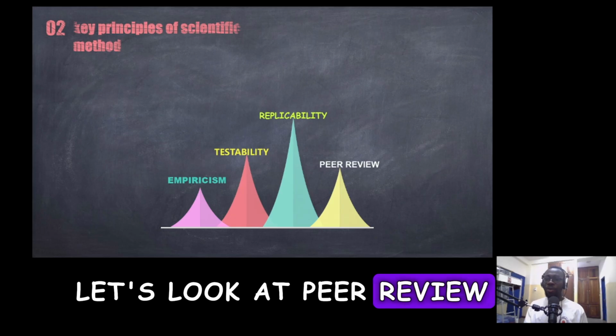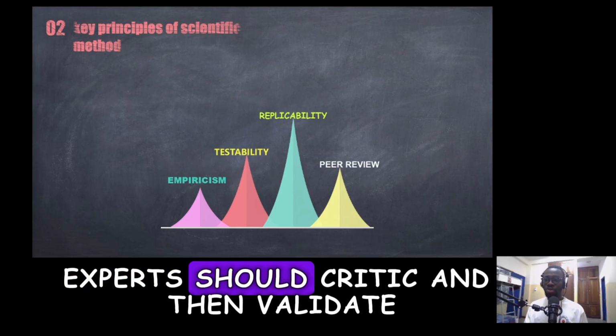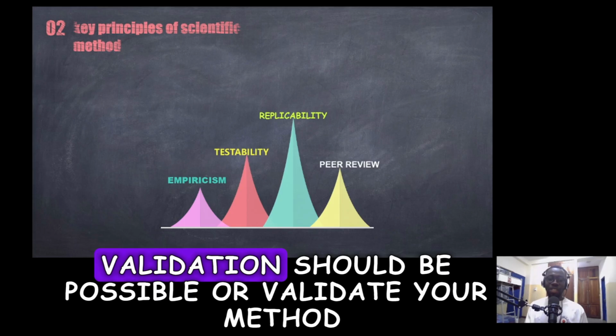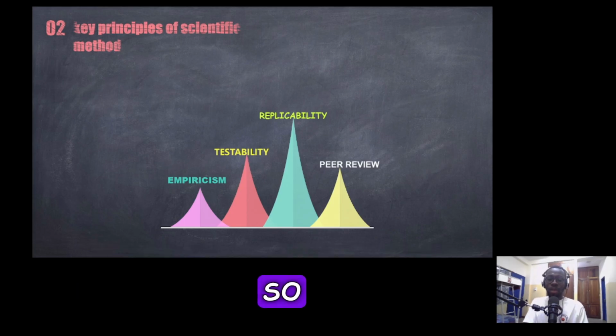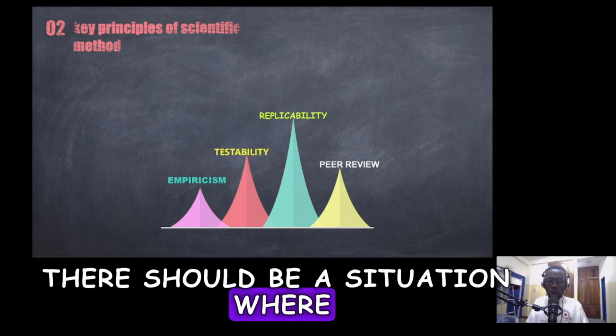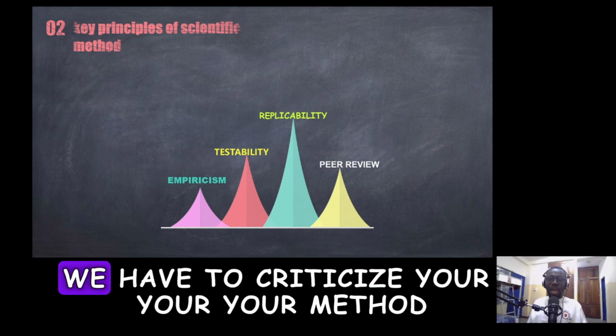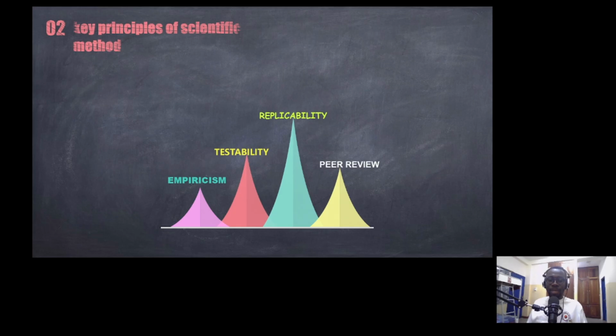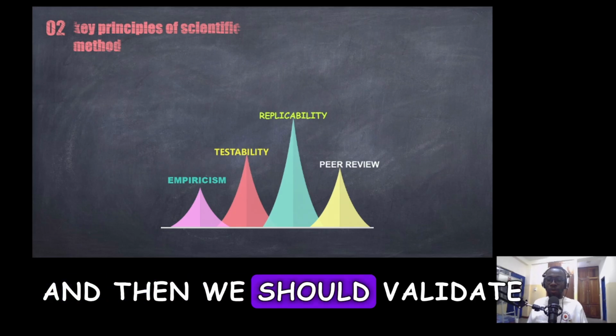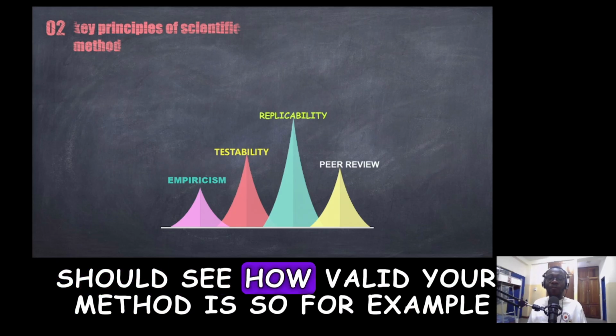Let's look at peer review. Experts should critique and then validate. Validation should be possible, or validate your method. So there should be a situation where we criticize your method, and then we validate. We should see how valid your method is. So, for example,